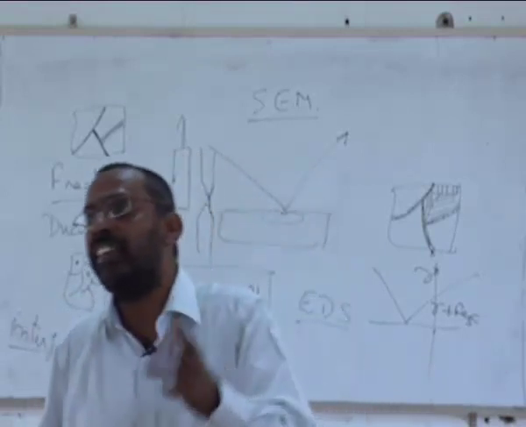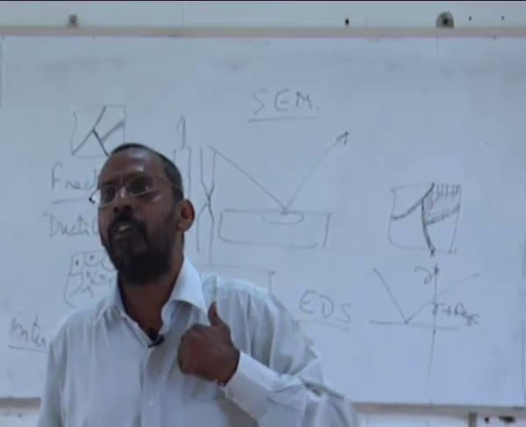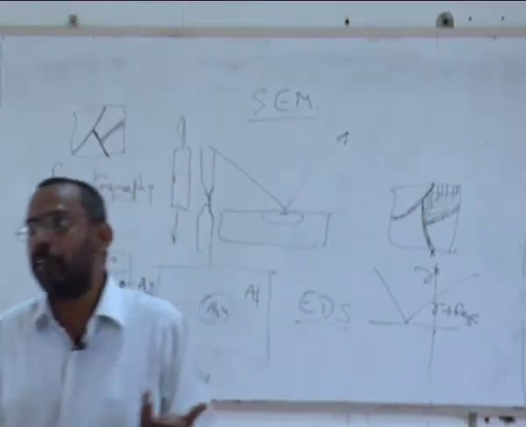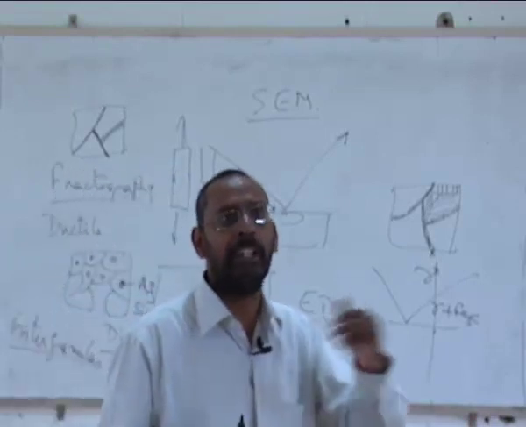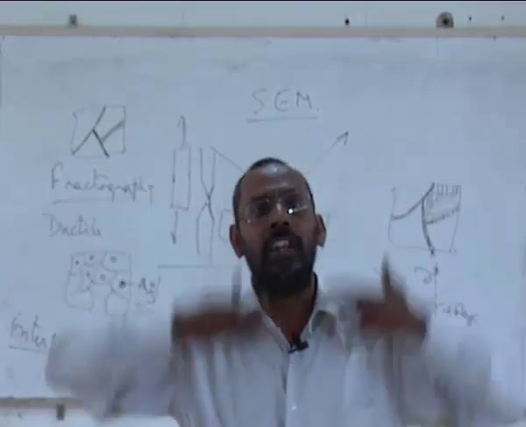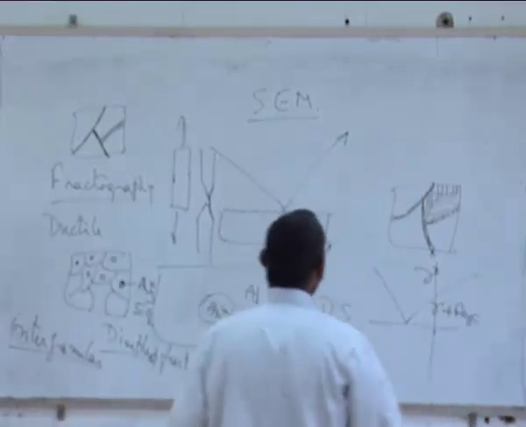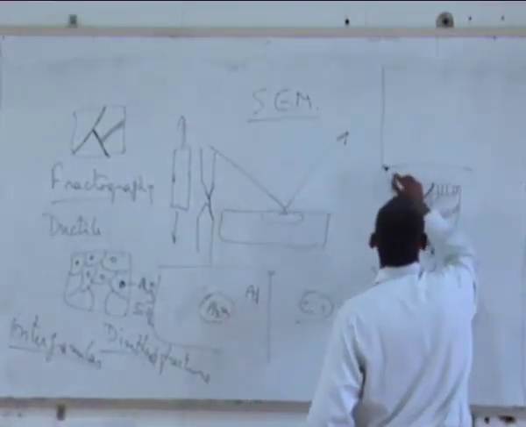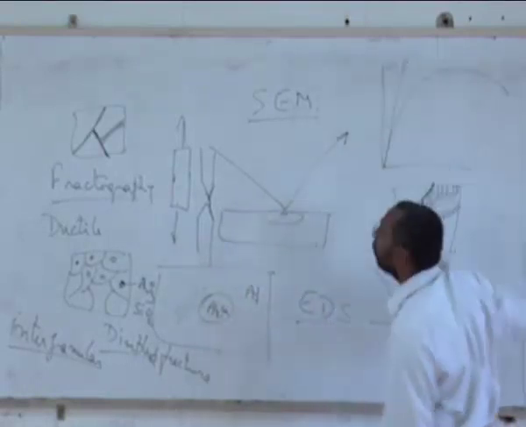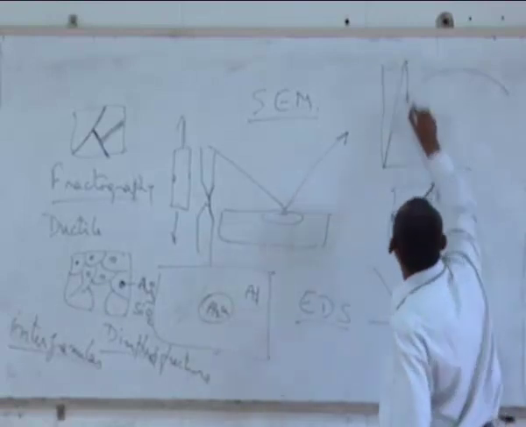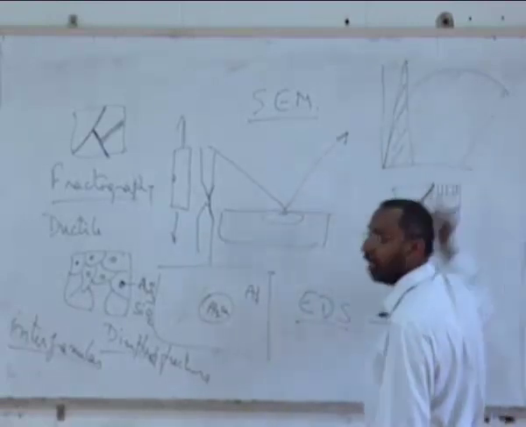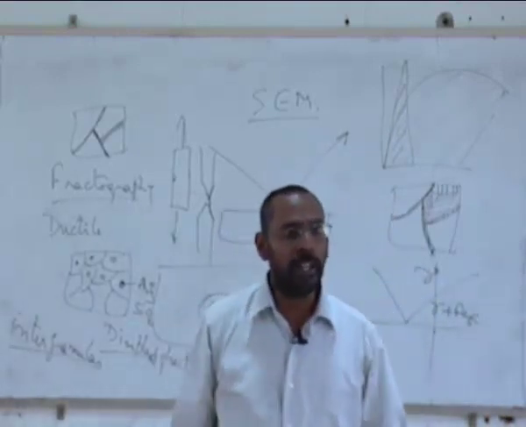Why? Because the moment a crack is initiated, the crack can propagate very fast. The energy absorbed in propagating the crack is very small in a brittle material, whereas in a ductile material, a lot of energy is absorbed. That is the reason why a stress strain diagram of a ductile material may look like this, and a brittle material may just look like this. The energy under this curve will be much larger when compared to a brittle material.